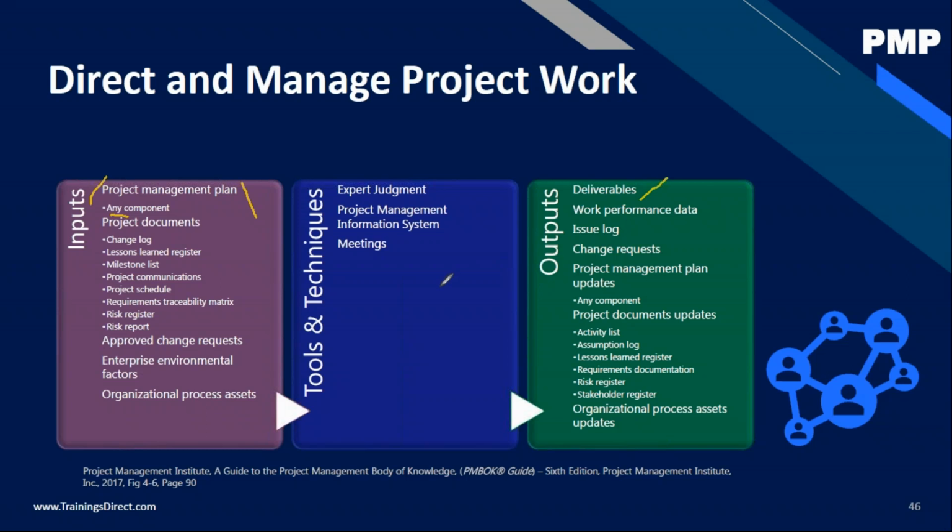What else happens when work is executed? What kind of things happen? By the way, lots of documents may be used. I won't be explaining each one. We will look at each one of these input documents when we go through all the processes, because each of these inputs here become outputs in other processes. So at that time, I will explain to you what these are. The key inputs I will definitely tell you. The question to you is, what else happens during execution apart from deliverables?